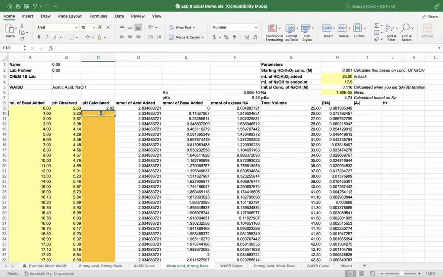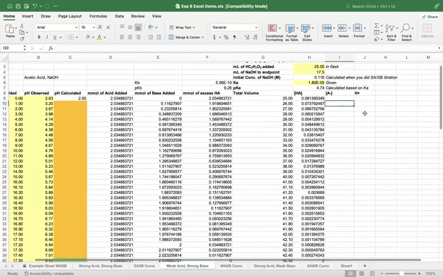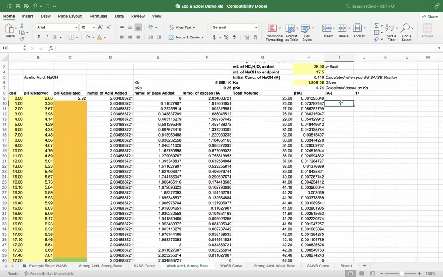All right. On this entire orange section, though, we're going to need to use the Henderson-Hasselbalch equation, because as soon as we add 1 milliliter of some base, we're going to generate some A minus, right? So let's get that column. So our conjugate base, our acetate, that is just going to be equal to